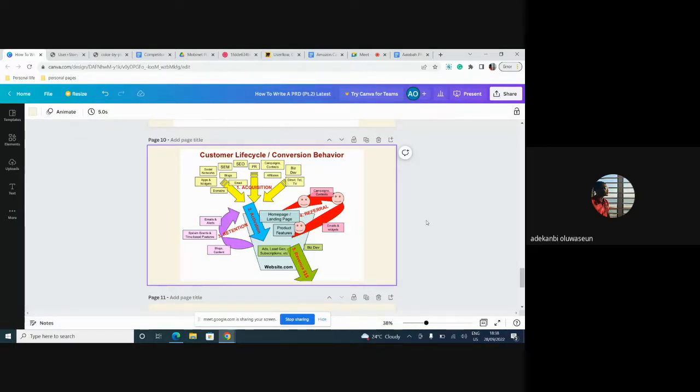So retention rate does not measure revenue. It doesn't measure payments. It just measures people who come back on your platform, right? As a product manager, you have the liberty to tweak these things as much as you can. You can decide, okay, let me also measure how many returning customers actually activated payments, right? Well and good, you're allowed to do that.